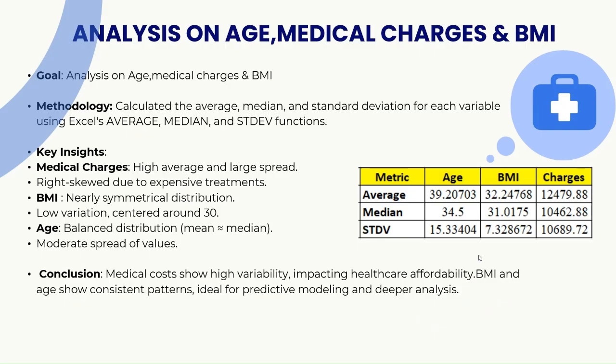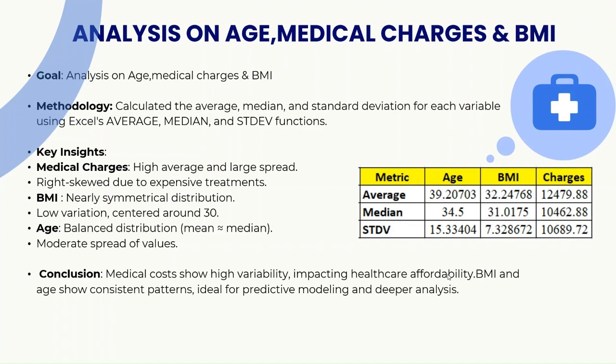Now, let's check the key insights we got from this. Medical charges are significantly higher than the median, and the standard deviation indicates a wide variation in medical expenses. Same in the BMI as well, mean and median: with an average BMI of 30.66 and a median of 30.40,